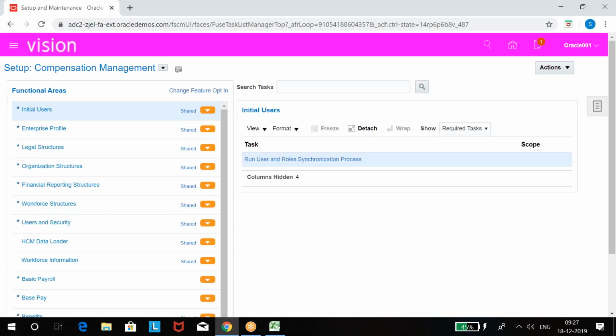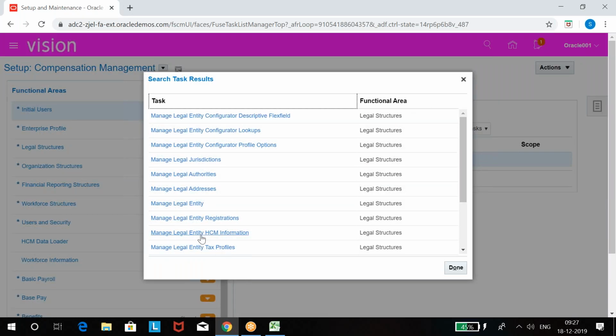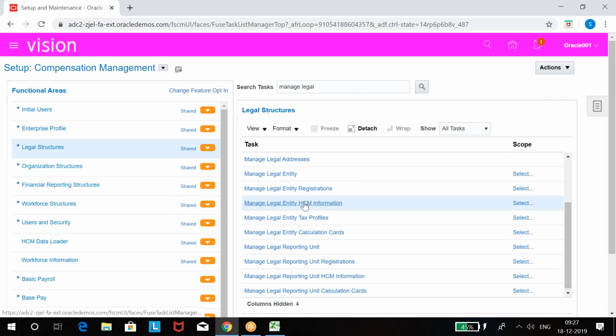While mapping with the legal entity, you get all these options for shift timings, employee benefits, everything you can write there. Manage legal entity HCM information. Task name: manage legal entity HCM information.